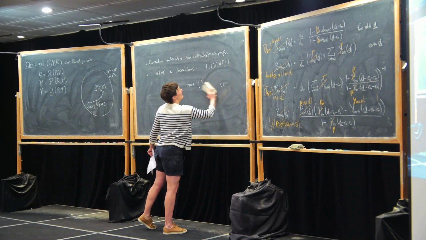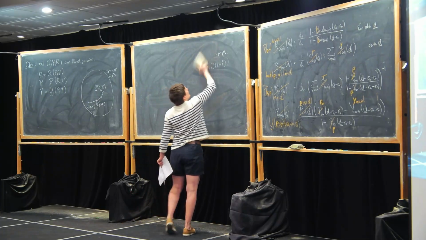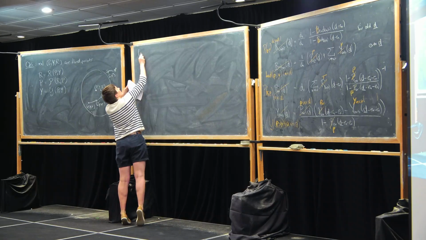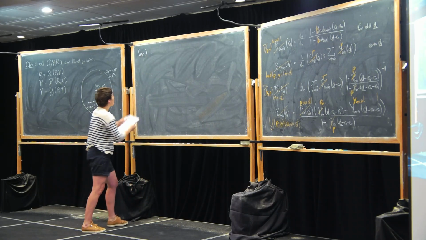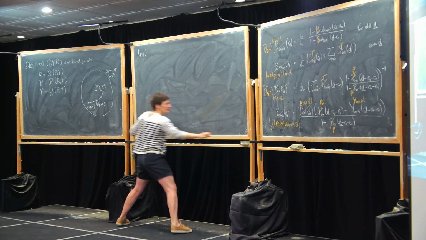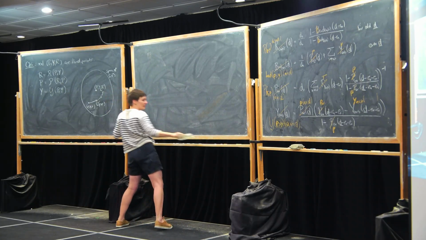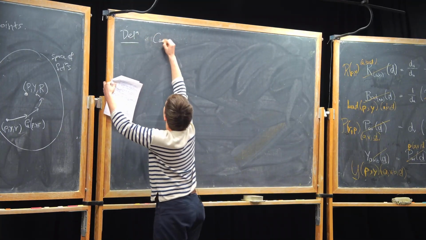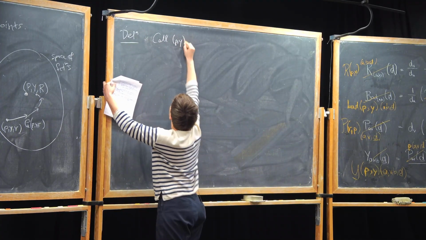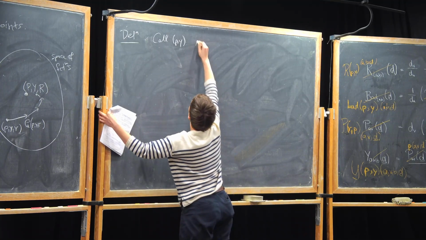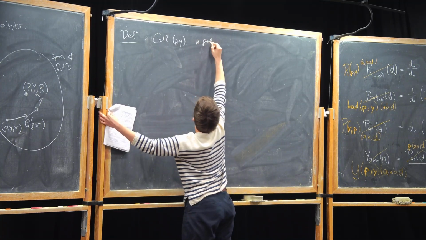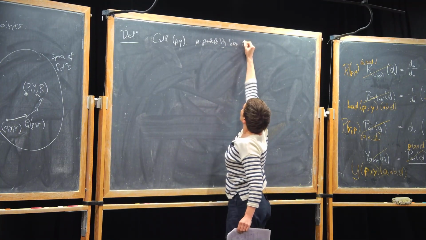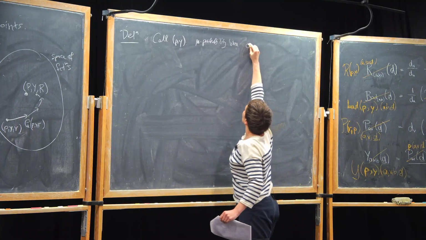So let me give a definition. Call a tuple P, Y mu-probability-like on some set,